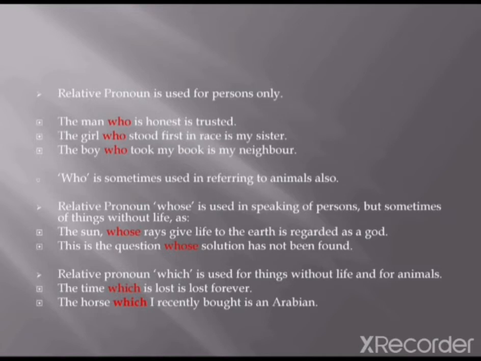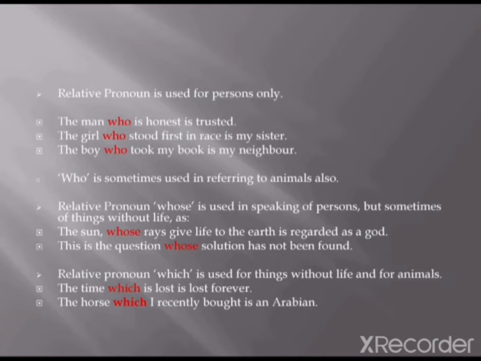the horse, just for example, I have not given here. Who is sometimes used in referring to animals also. Relative pronoun whose is used in speaking of persons, but sometimes of things without life. For example, the sun whose rays give life to the earth is regarded as a god. So here we have used whose relative pronoun for the sun,